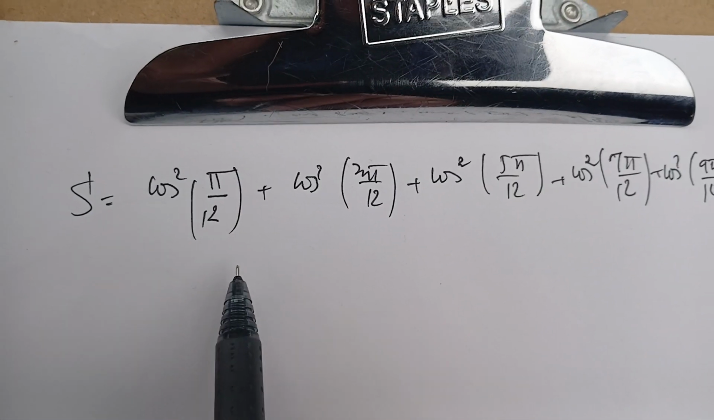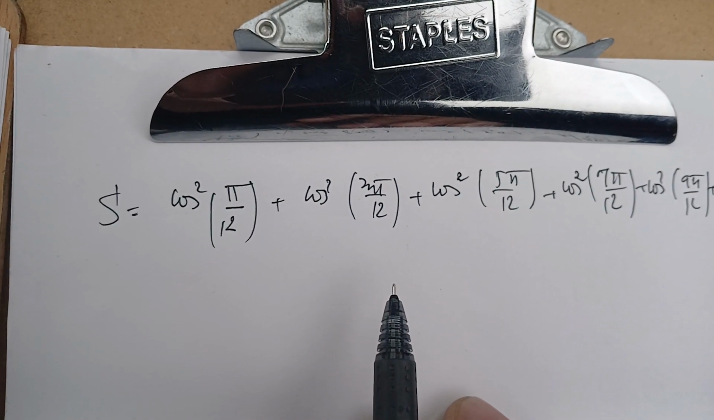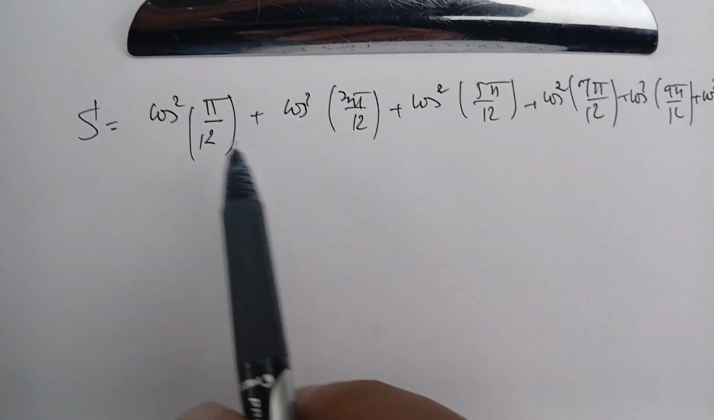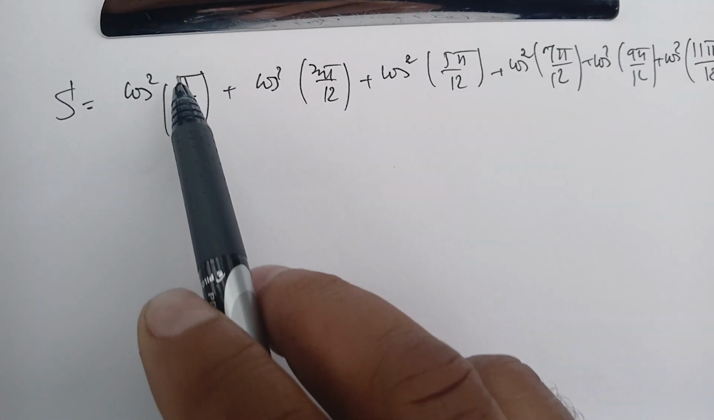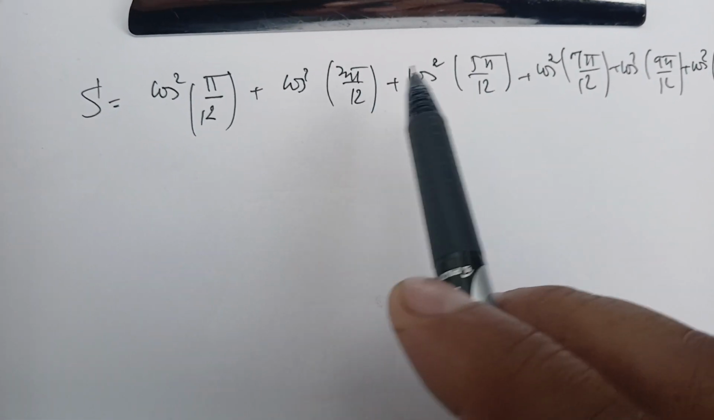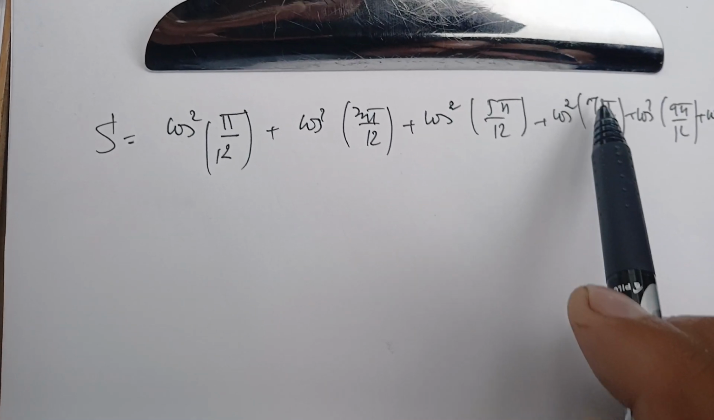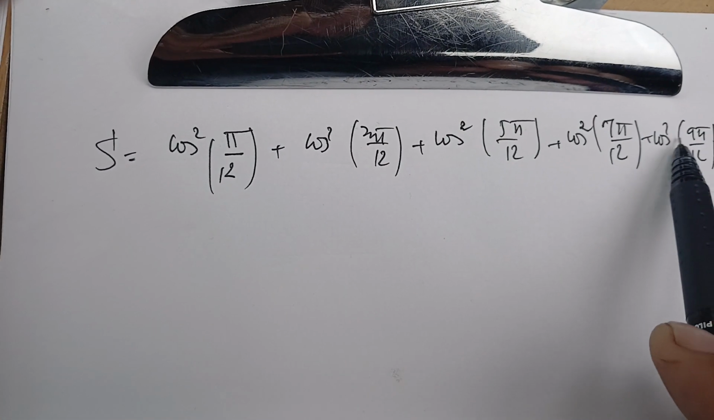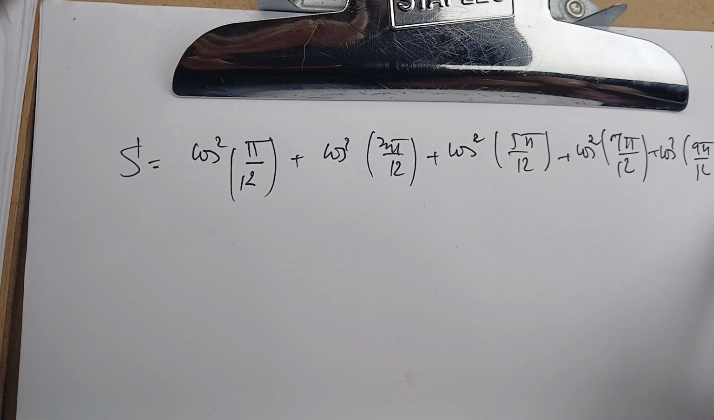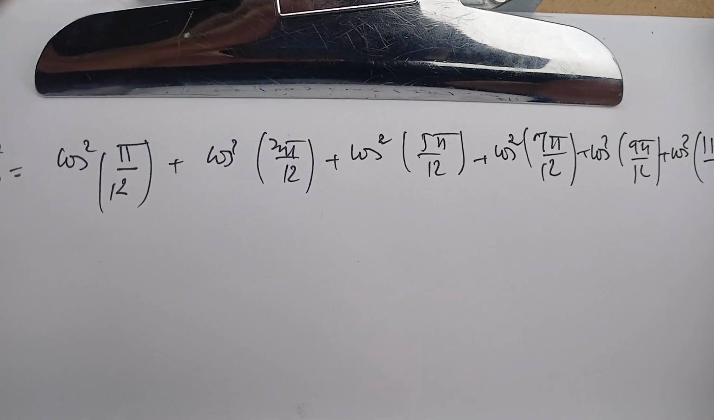We want to compute the following sum using just algebra and the rules of sine and cosine. This is the sum: cosine squared of pi over 12 plus cosine squared of 3 pi over 12 plus cosine squared of 5 pi over 12 plus cosine squared of 7 pi over 12 plus cosine squared of 9 pi over 12 plus cosine squared of 11 pi over 12. So to compute this sum and make it easier,